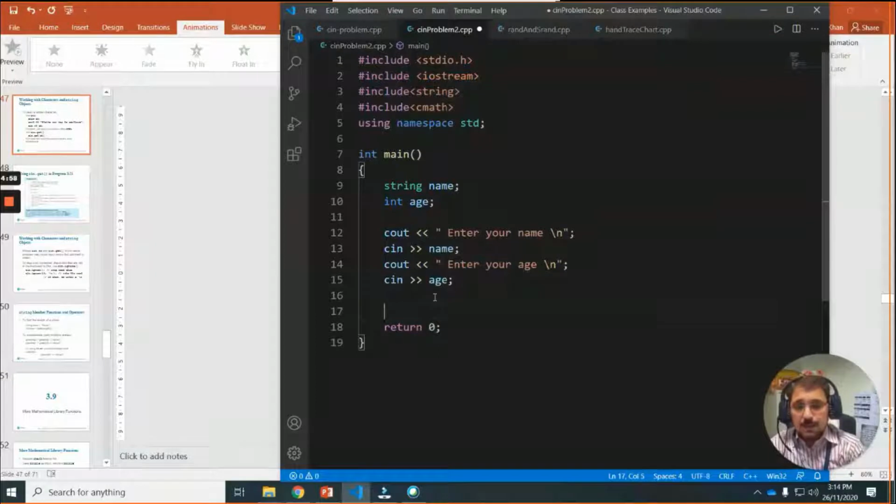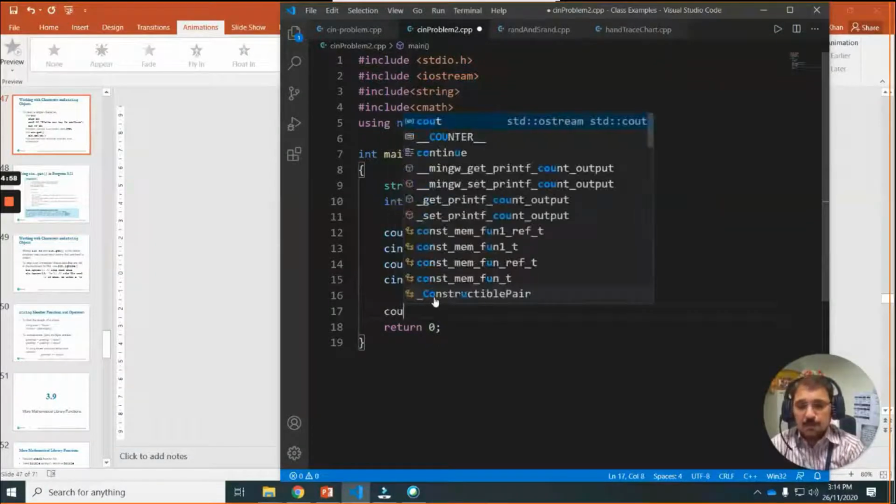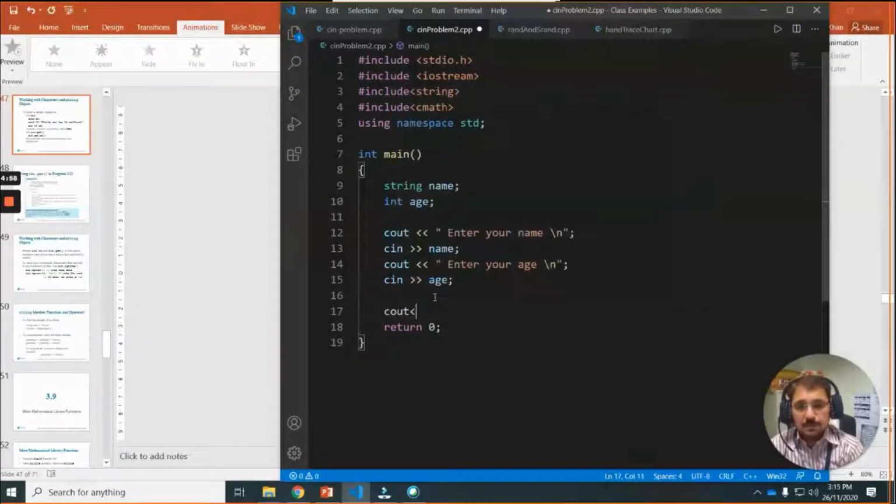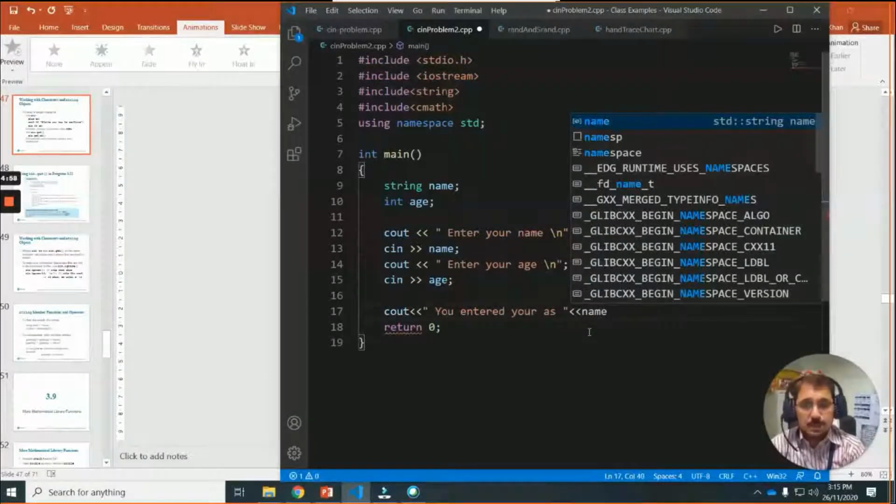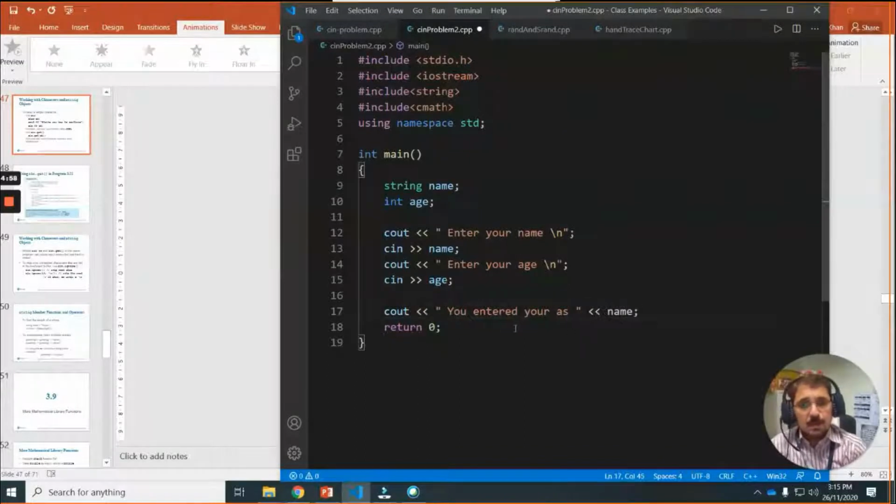Then let's display the name and the age. cout, "You entered your name as", after that again the name, semicolon.